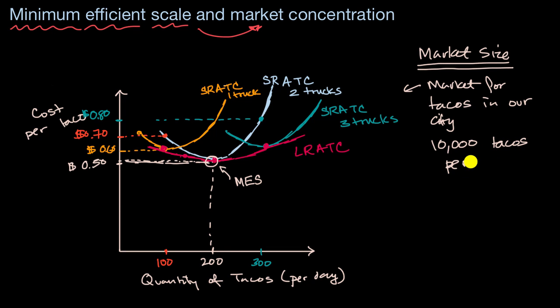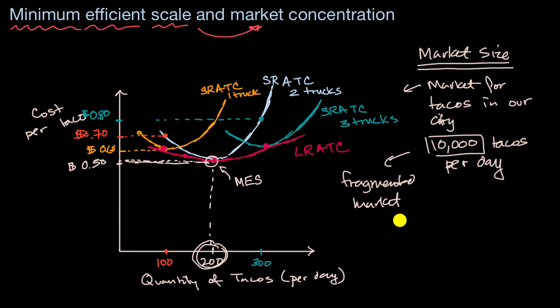tacos per day. Well, in this reality, our minimum efficient scale is 200 tacos per day, and it's a very small fraction of the total market. And so that means that you could have many different competitors, each at that minimum efficient scale. So they're able to produce tacos at that 50 cents per taco. And because of that, you are likely to have many competitors. So when our minimum efficient scale is a small fraction of the total market, that is going to lead to fragmentation. So here we're going to have a fragmented